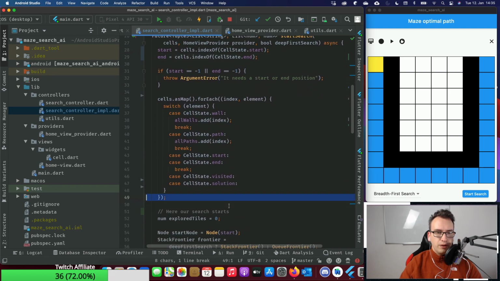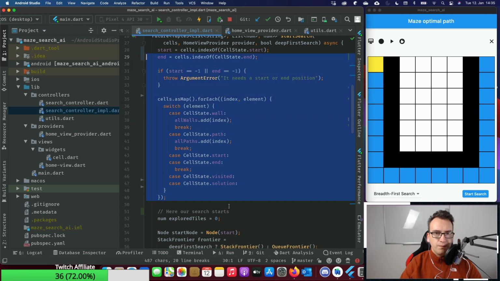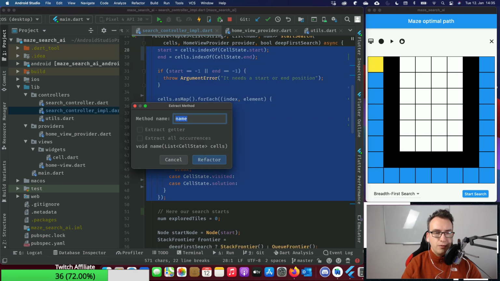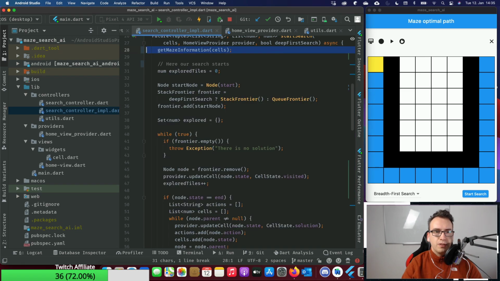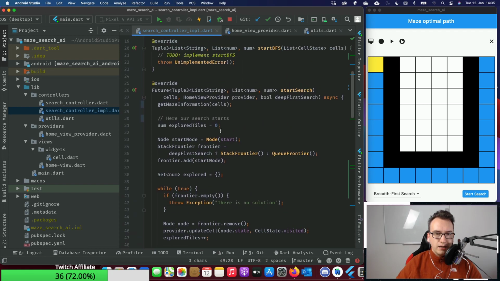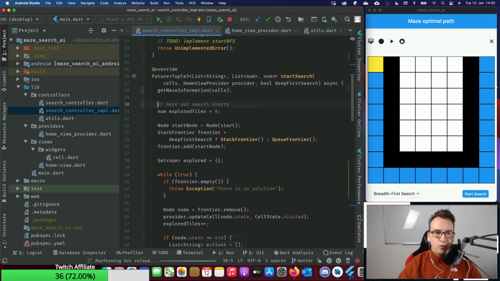The next part would be that we take all of that here and create a method for that, like create maze or get maze information. So, and with that, if I'm checking now, the node start is end. It automatically takes the right end and start, so we don't get any more confused with that here.